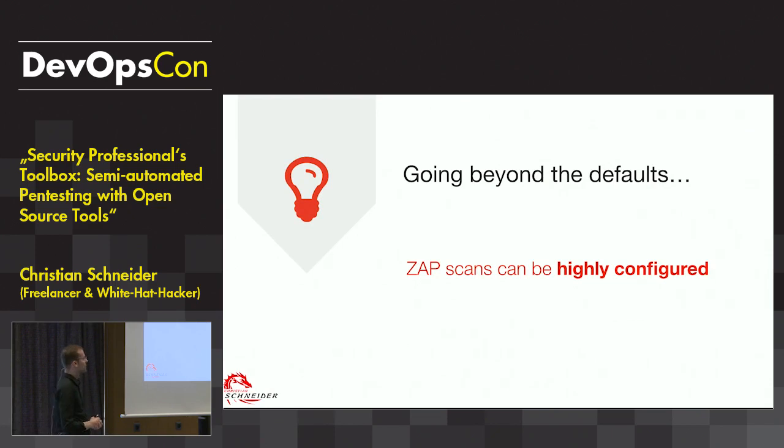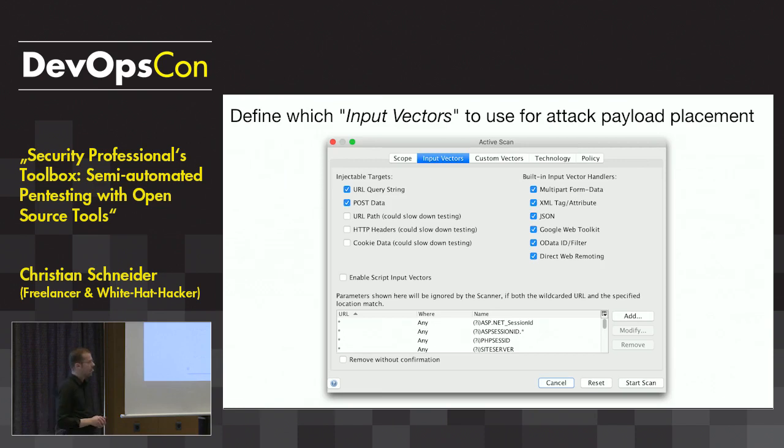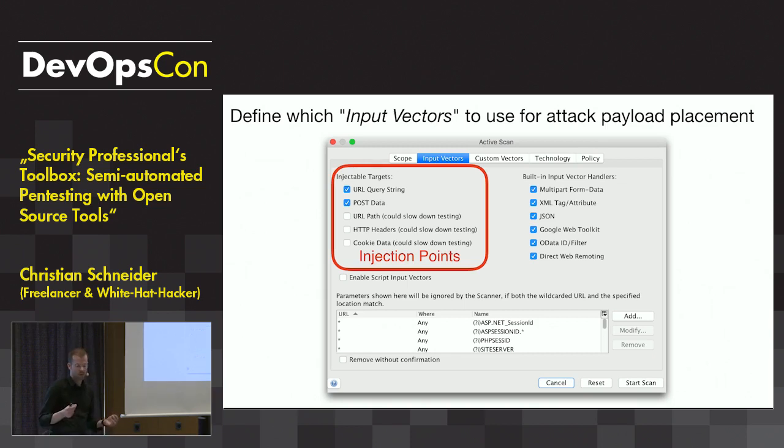And as said, ZAP is very open, so the ZAP tool can be highly configured. It's highly configurable, very nice. You can extend it with lots of very nice tweaks, including some kind of configuration for input vectors before you're performing the scan. So by default, URL query and post form data are used to permutate all those